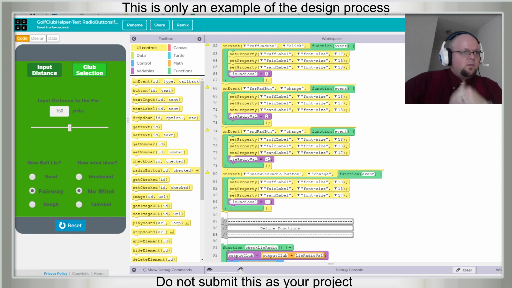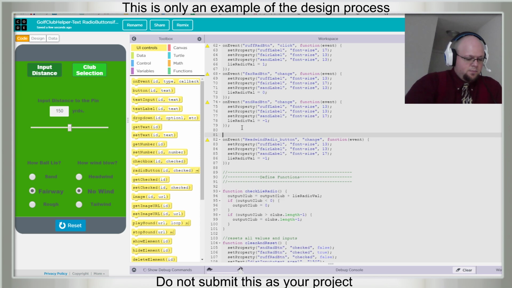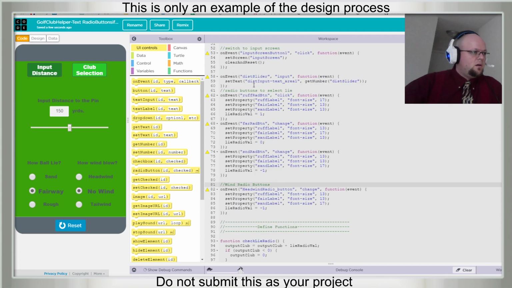Okay, so let's go back to here. These are our wind radio buttons. Let's put some comments in there. Wind radio buttons. And these are live radio buttons.